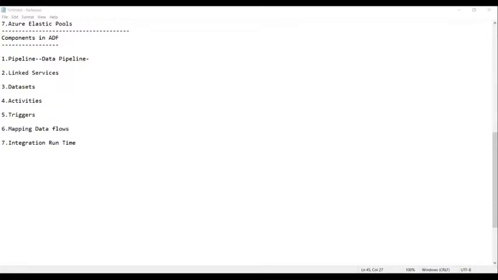Can anyone tell me, from where do we get that water? Water tank. Exactly, the water tank. From the overhead water tank, you are getting the water in your tap.